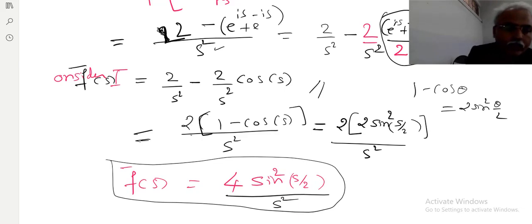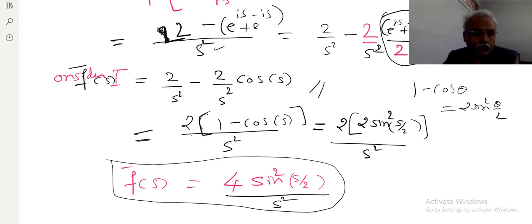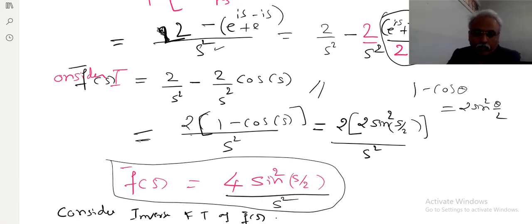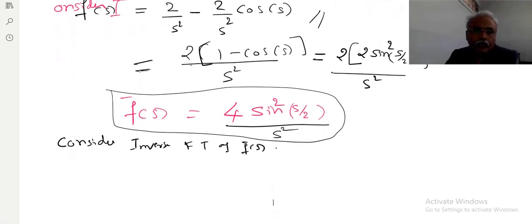Now consider the inverse Fourier transform of f bar s. So what will we get? Fourier inverse of f bar s. So back we will get the x function,